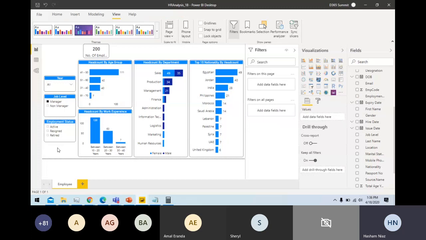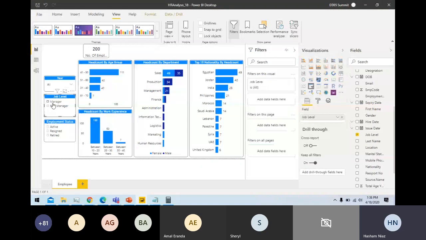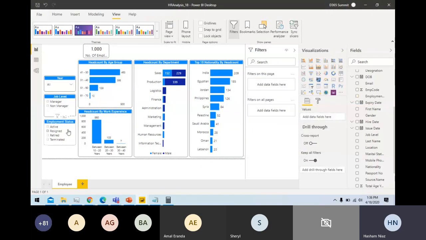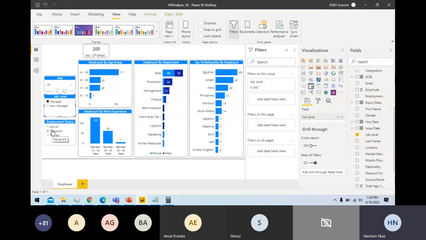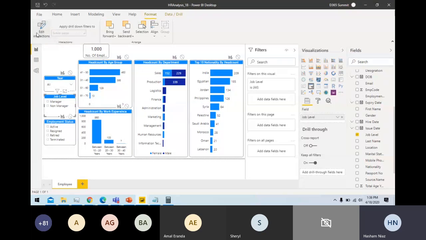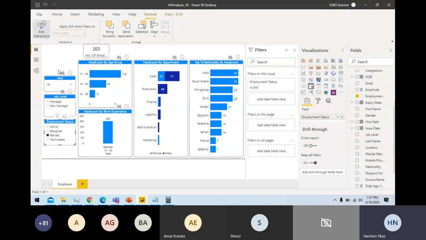Okay, so we now have something similar ready here as well. Now one thing I want to make sure is that with these slicers, when I click, the options become unavailable. So how can I turn this off? I can click here, go to the format tab, click edit interactions, and I don't want this to be turned off, so I am just turning this off. And same for here, I want edit interactions for this to not interact with this filter visual. Okay.